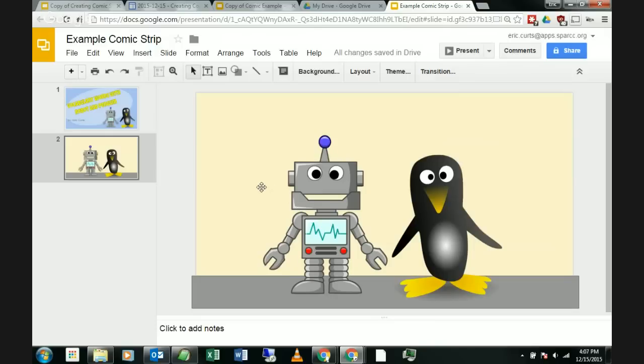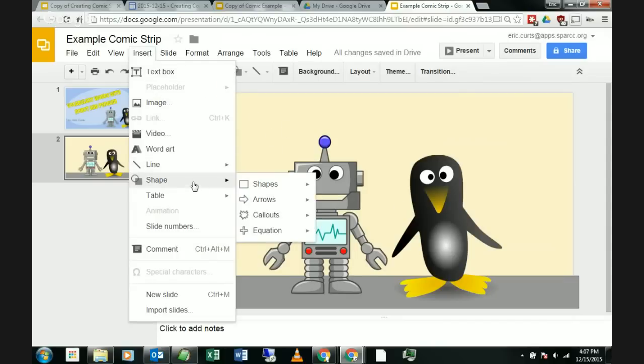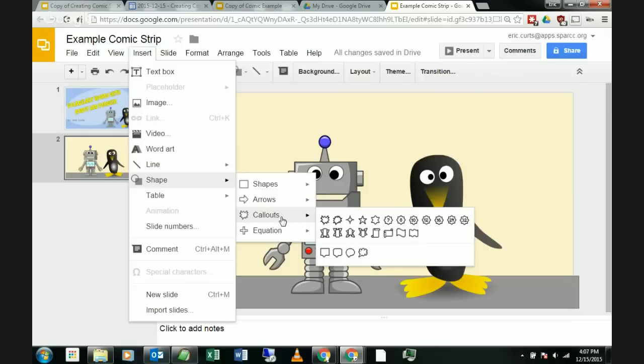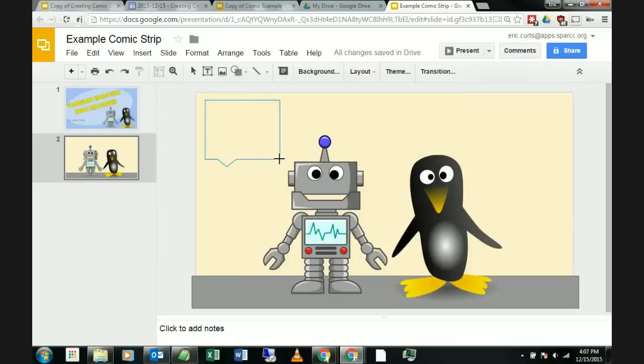All right, now I probably need them to talk to each other. So how do you get characters to talk to each other? Well, that again is from the insert menu, and it's actually in the shape menu, just where we were for putting in that rectangle, except it's a different area in the shape menu. Instead of shapes, there's arrows, and then there's callouts. That's what it is. It's a callout. Notice there's 4 different types of callouts here. So you got speech bubbles and a thought bubble as well, if you need somebody just to be thinking something to themselves. So I'm going to come in here and I'll grab this speech bubble, and I'll drag this out,